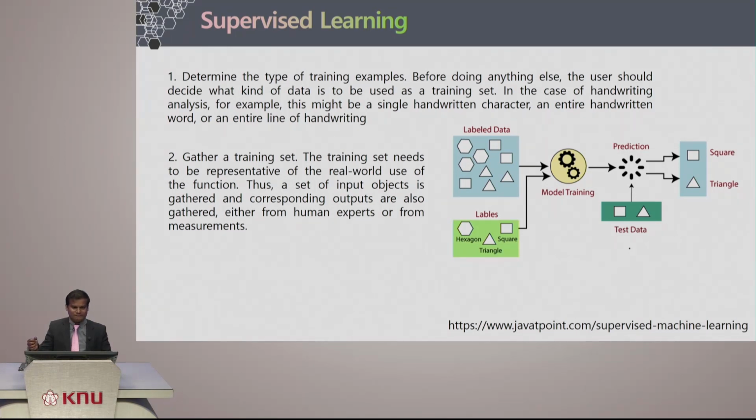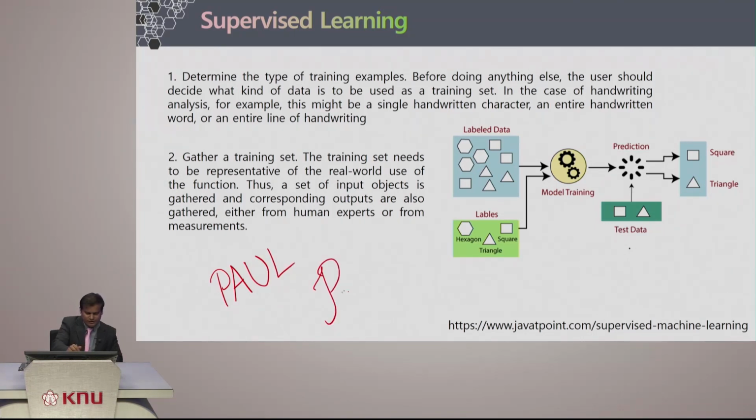So can the system, say for example, we talk about a different way of writing. Maybe somebody writes this way, somebody writes this way, the same word, Paul. So can this training set represent the real world use of the function? Our function is the characters or the words in the sentence. Can it represent? Thus a set of input objects is gathered and corresponding outputs are also gathered, either from different